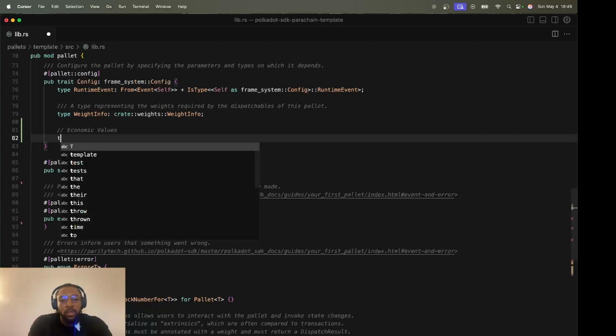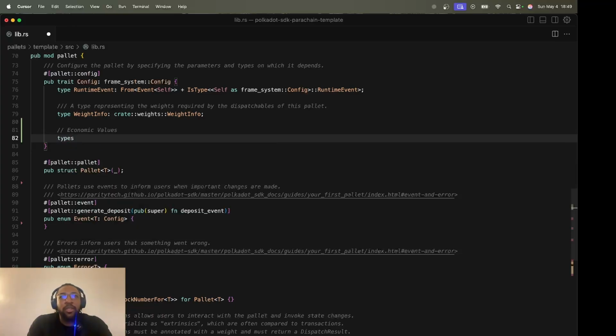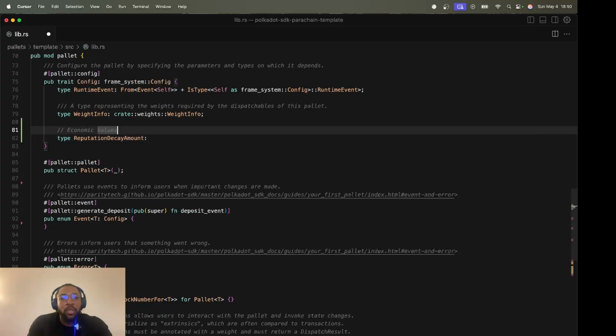Type: repetition decay amount will be how much is removed from a user when something happens.